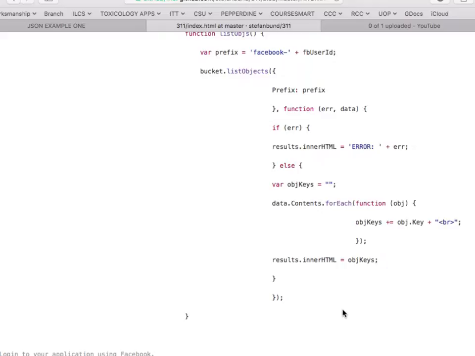It's like a big for loop. It's a for loop that loops through JSON objects and says, okay, for each line of that result, go ahead and populate the object keys with those results, and then go ahead and print it to inner HTML when you're finished. This snippet of code is gold for you guys, not in that you're going to list objects again, but rather